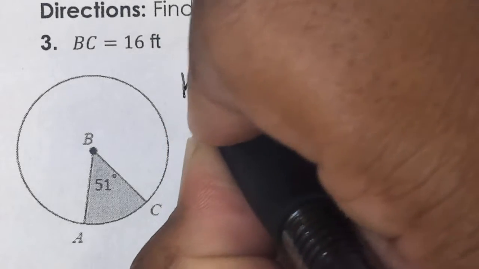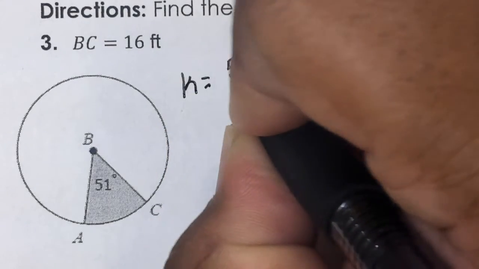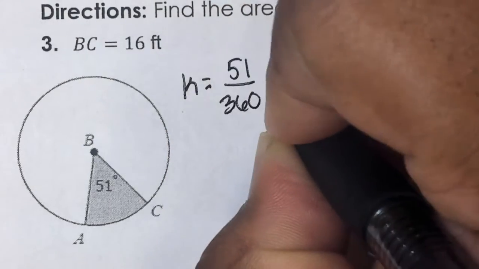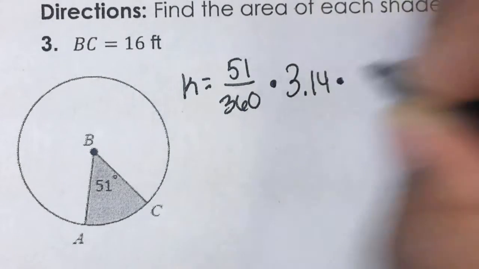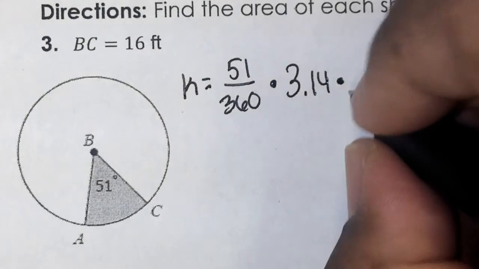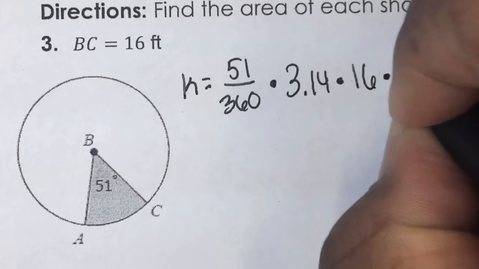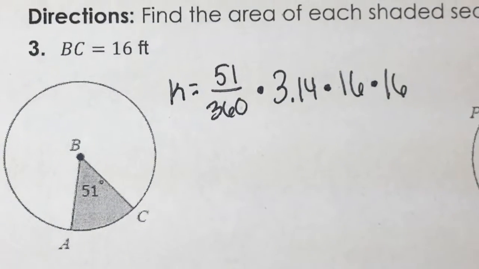So K equals 51 over 360 times pi, 3.14, times our radius squared. Our radius is 16, so 16 times 16. In the calculator, do the